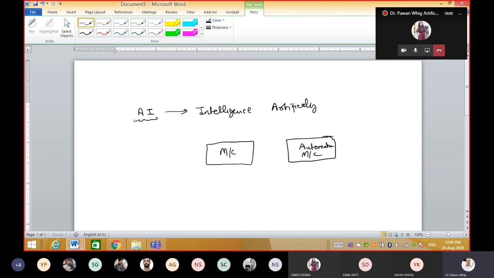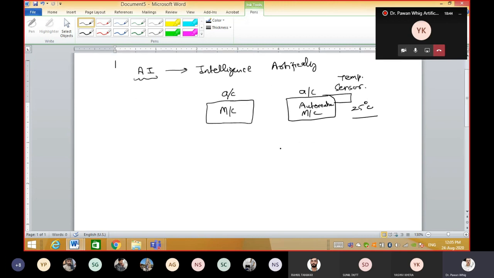machine means you provide this machine with some sort of sensors. You place some sensors here. Let us take the example of an air conditioner, which is easy to understand. This is an air conditioner, an AC, with a temperature sensor. Once the temperature of the room reaches 25 degrees Celsius, as we set it, the air conditioner cuts off for a while, or we set a timer for 2 or 3 minutes. Once the room temperature rises again, it starts again. So this is how it works.